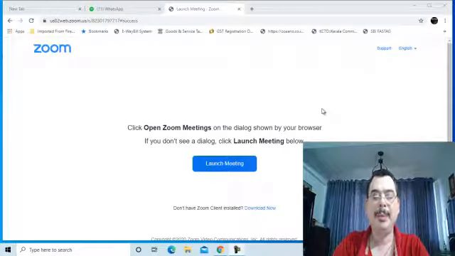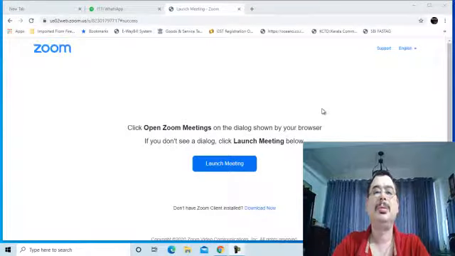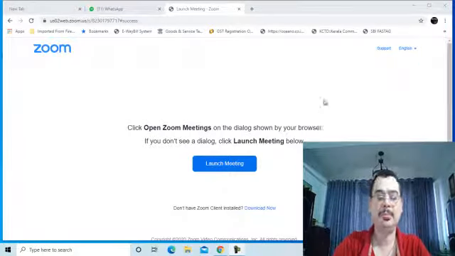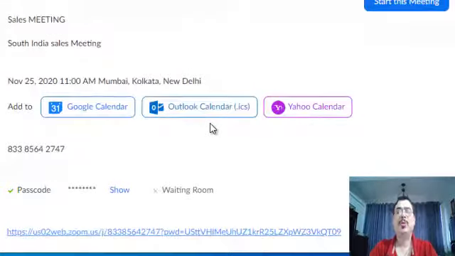If you have a mobile app, you can download the Zoom app on your mobile, sign in, and through the mobile app also you can share the meeting link and invite people to join the meeting. So this is how you host a meeting and send invitations.